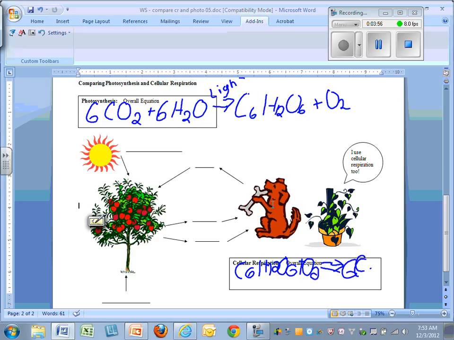It's the exact opposite. It's just photosynthesis backwards. All right, so do you have to memorize each of the two equations? No, just memorize one of them and remind yourself it's just the opposite. So the doggy eats food and it breathes in oxygen. It gives off carbon dioxide and it makes a little bit of water. And the key part in the end is that it makes a molecule